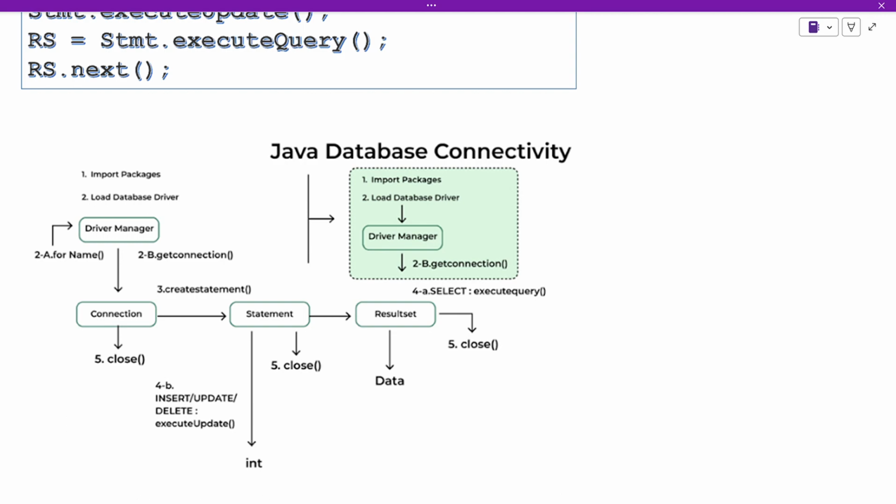If you want the DBMS software to do anything for you, you have to write queries, right? So a query is nothing but a statement. It could be a DML statement, a DQL statement. It's nothing but a statement at a very high level. So we have to define a statement. It could be insert, update, delete. It could be anything, but you have to create a statement. And then after executing the statement,